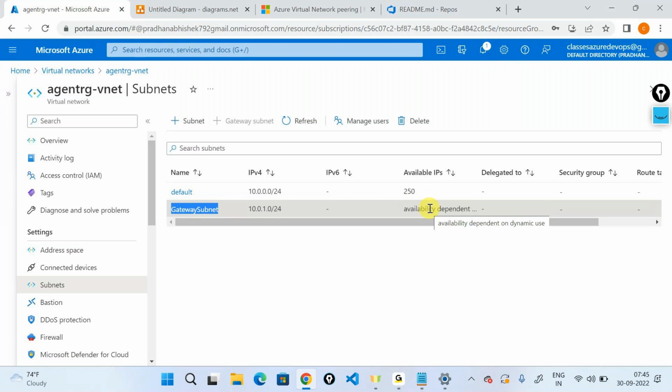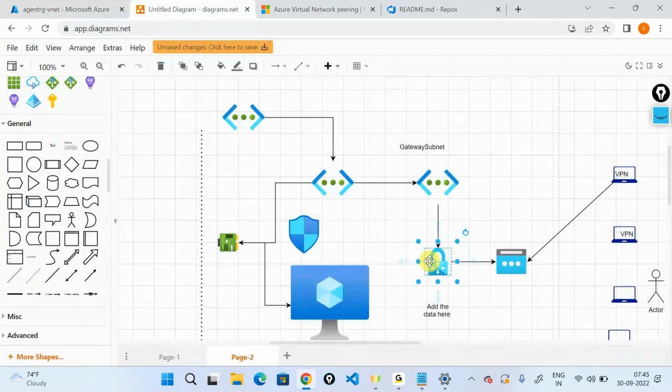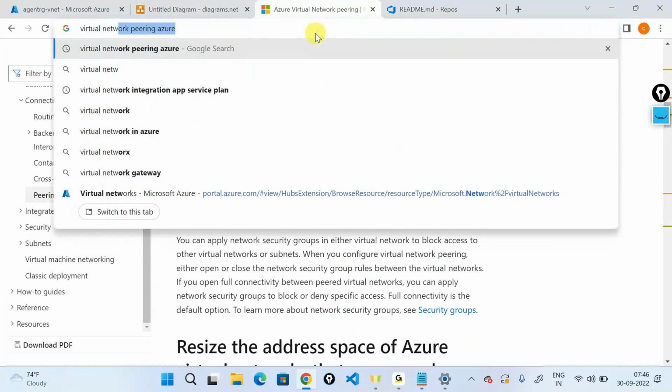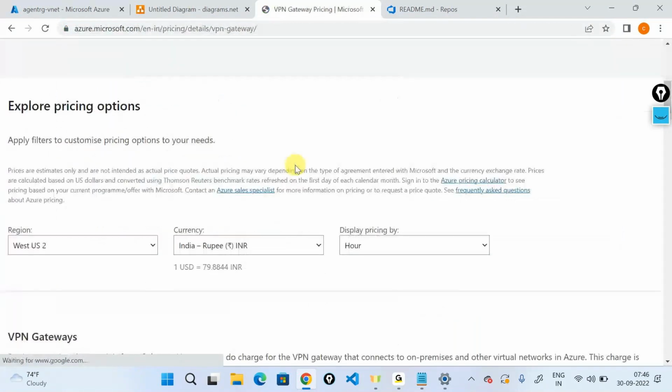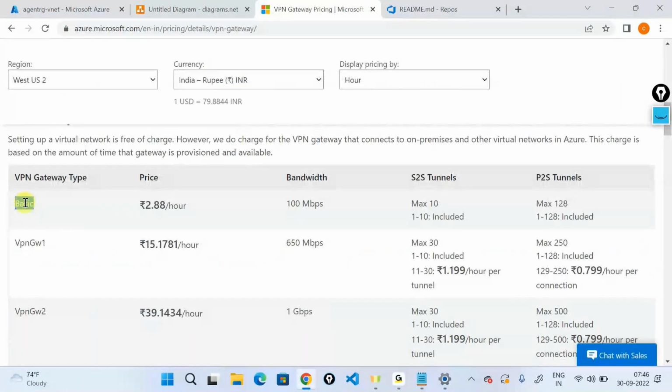The reason it occupies the entire gateway subnet is that there is a concept called scaling, which means that this virtual network gateway subnet can scale up or scale down depending upon the number of connections that you establish to it. And also, this is a very costly resource. The pricing of a virtual network gateway is really costly. If you look at the pricing rate, it's somewhere like this, per hour. If it's a basic one which we go for, the price is 3 rupees per hour approximately,